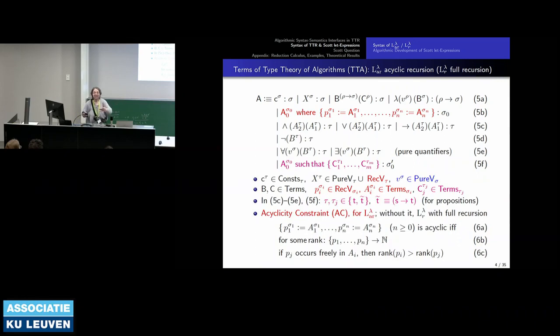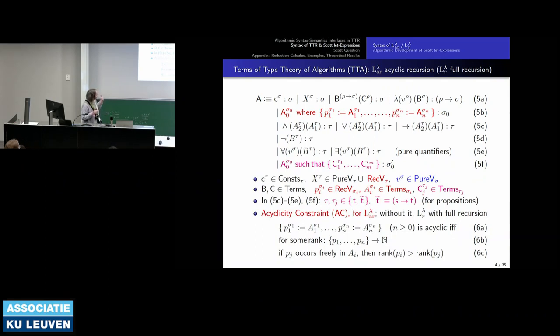With one single row of Prolog, you can get a looping program, never ending. So the acyclicity constraint provides a condition, a restriction on how to restrict those recursion terms (5b), so that we guarantee that those computations always end after a finite number of steps. And the intuition is such: if pj occurs in Ai, this means that the denotation of Ai may depend on the value that has been computed and stored into pj.